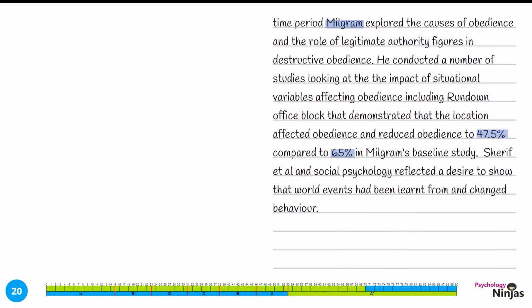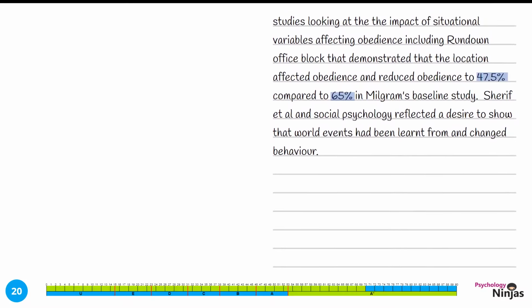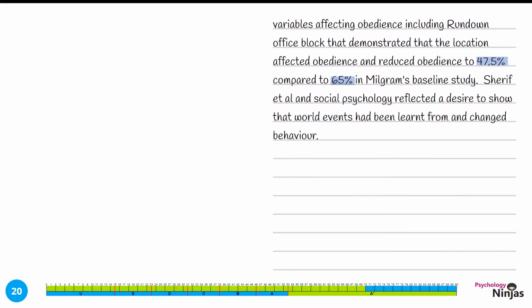Sharif et al. and social psychology reflected a desire to show that world events had been learnt from and changed behaviour. Here we're showing a clear development, that world events had been learnt from, that psychology is moving on our understanding of social events. We're then going to go to a different factor that might show that psychology has developed